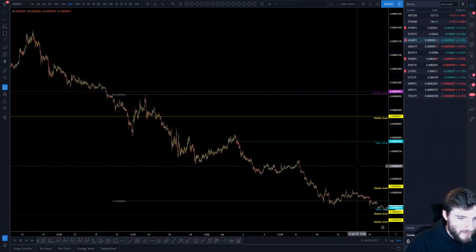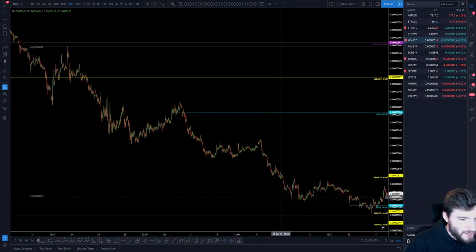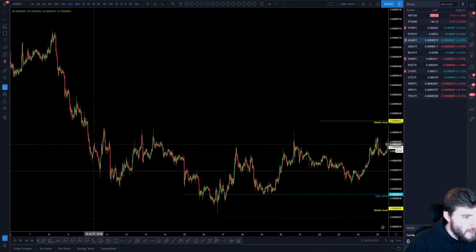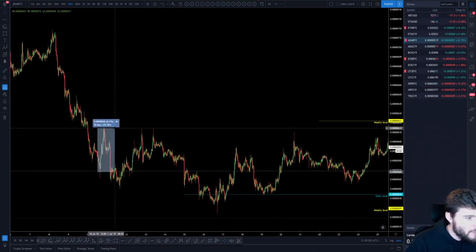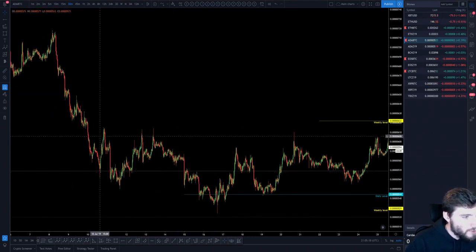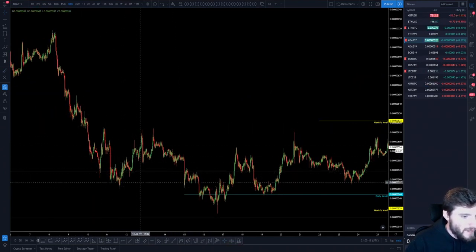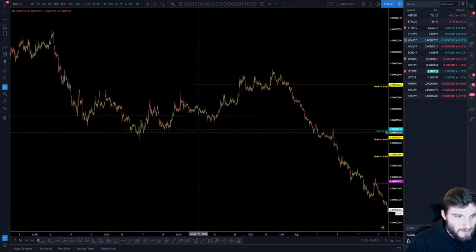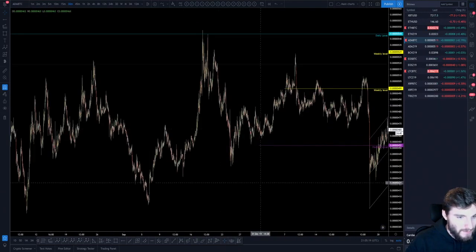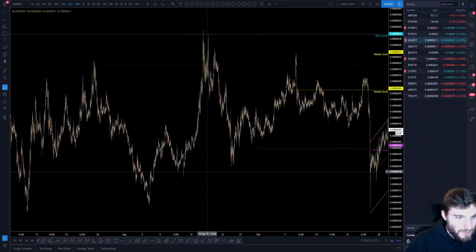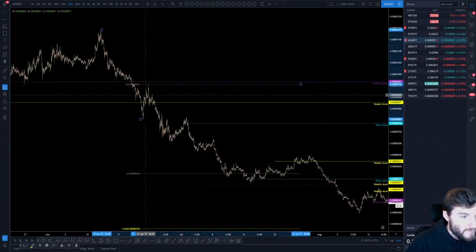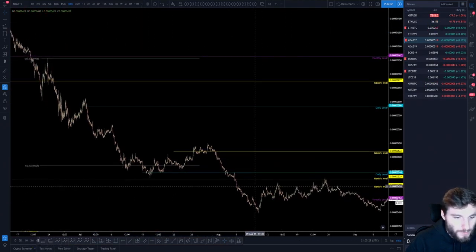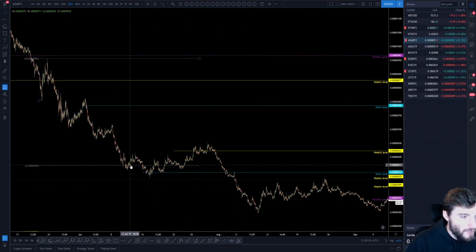So if we zoom in here, you can see the reactions that happened around the 1-to-1. It's fair to say it has been a pretty relevant level there. So we obviously hit it here, you get a bounce of 8%. Hit the 1-to-1, 8%, then becomes a very big SR level. Lots and lots of movement around this. And obviously Cardano from there, as we all know, right now it's just going sideways as well. But yeah, there's an example of high, low, lower high, and 1-to-1. Obviously movement before dropping down again to lower levels.